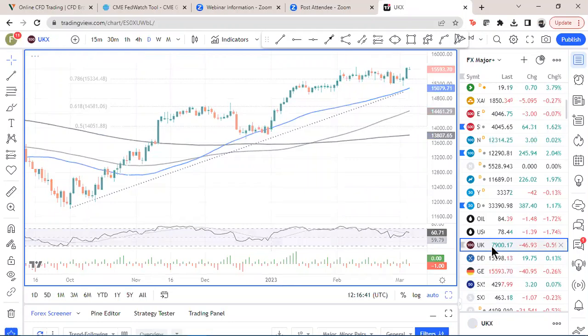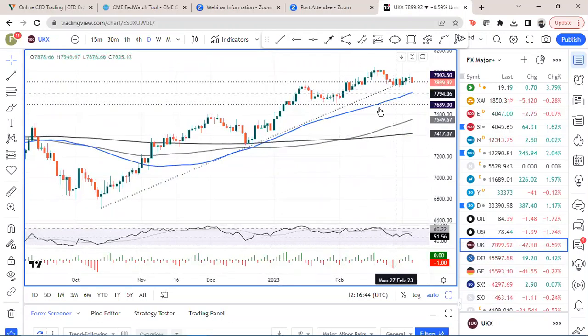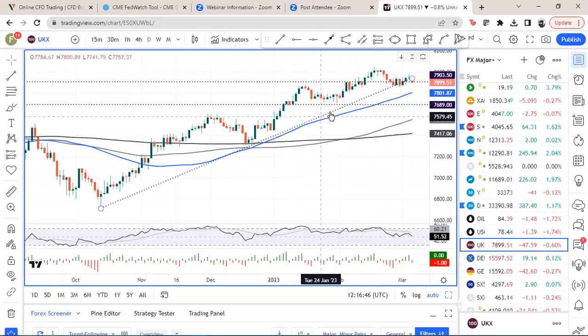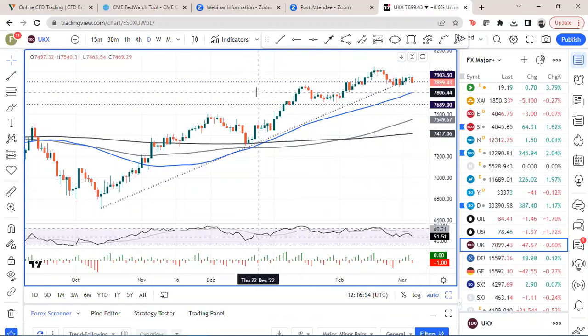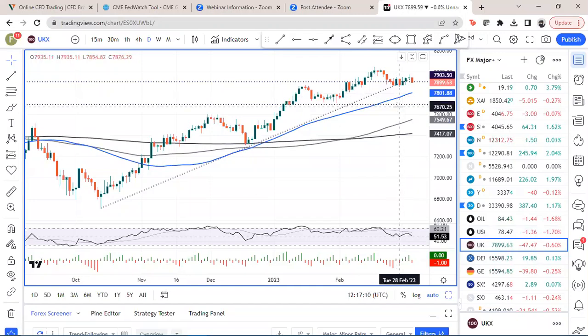Just the FTSE as well, UK index, interesting really. We're just drawing in this medium-term support trend line, if you like, and we're just oscillating around there, just falling below that. We've got the 7903, which is the 2018 highs, previous long-term highs there, and we just can't quite keep hold of that today, selling off today. So interesting whether we can keep that 28th of February low at 78.54. Otherwise, then we roll over back to 7,800 or so.